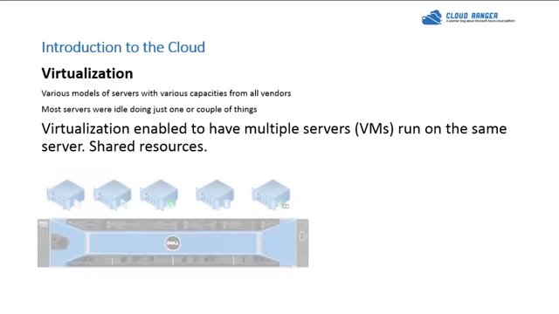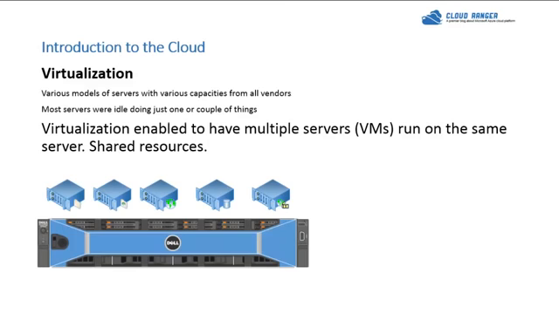So it would look something like this. You had one large server, for example a Dell server, and you would have multiple servers virtually running on it that thought they were servers themselves. In this image, for example, you have 5 servers running on one server, and these 5 servers have their own operating system, and the applications installed on those servers think they're running on a physical server by themselves. So this was a virtual concept, and that's why we call it virtualization. And those 5 servers are called virtual machines.